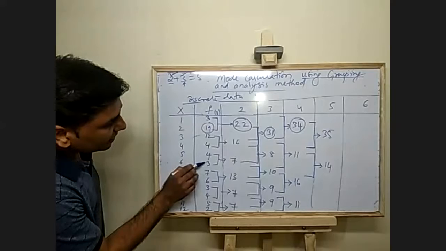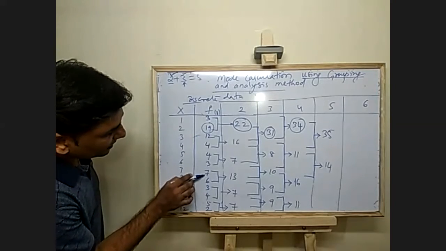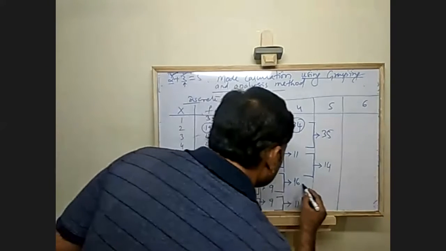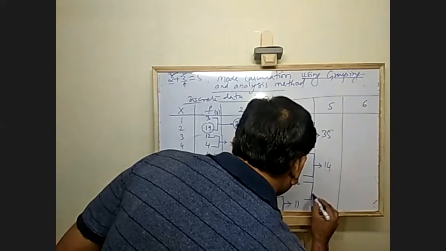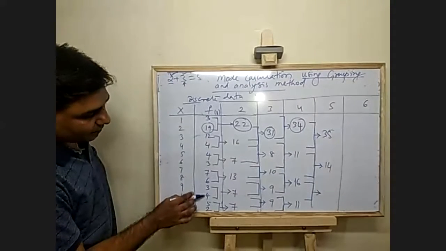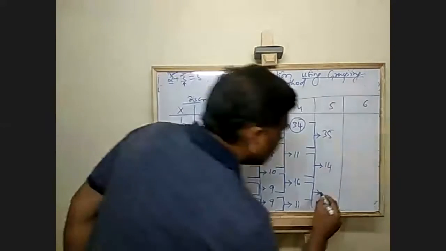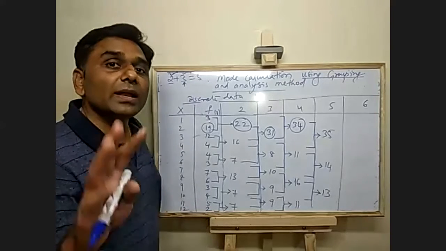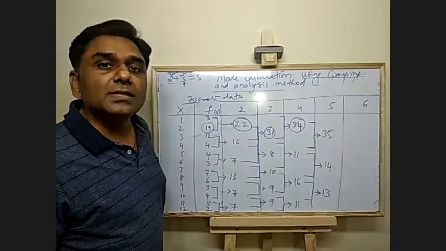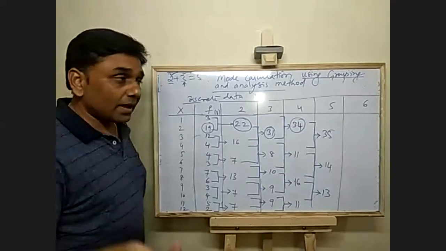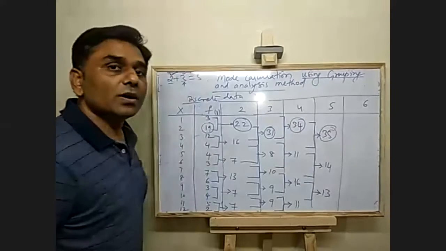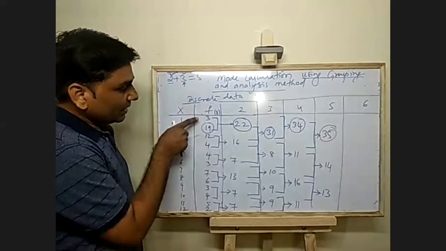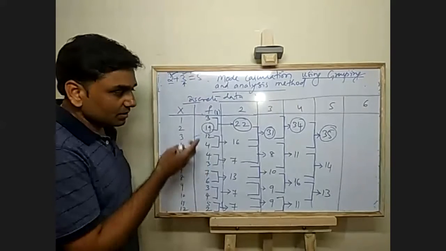Next, 4, 3, 7 is done. Next three numbers are 6, 3, 4. 6 plus 4, 10 plus 3, 13. Which are the last two numbers remaining? 5 and 2 are remaining. There is no third number. So we are not calculating the sum. Leave it. Now again, your highest frequency, just round it up. Next, last. So what we did, we left one number, calculated sum of next three. Now leave the second number.